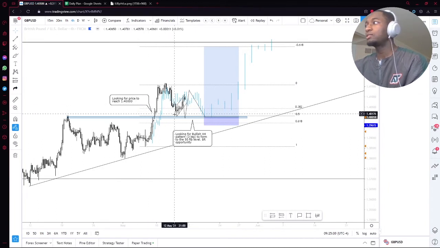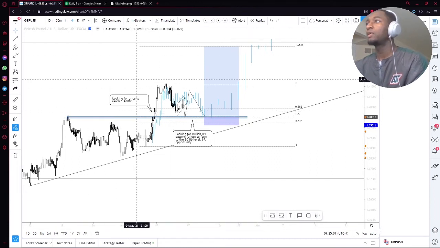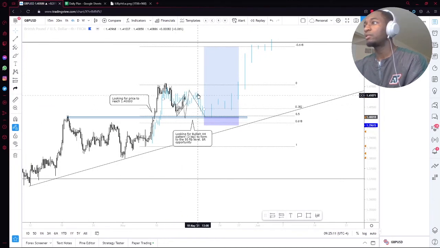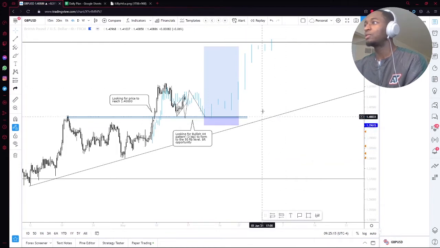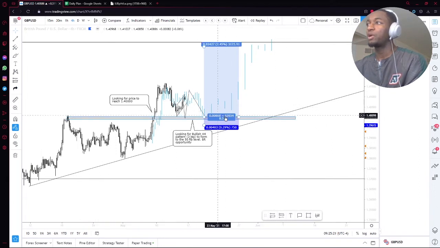So price didn't really touch my level, right? It didn't reach the level that I'm looking to buy off of, but price did come down and give us a pullback. I am looking for a bit more consolidation here, and price did dip below this 50 fib level, which shouldn't be showing, but I wanted it to dip below that 50 fib level, touch this zone here, and give me an entry opportunity there. I'll be looking to buy from that point.